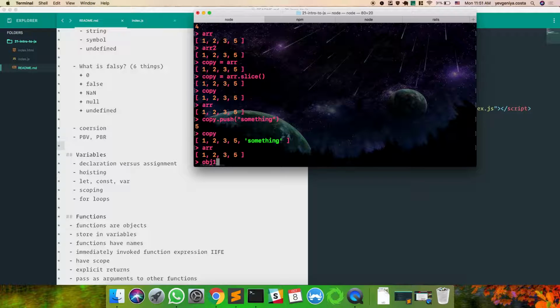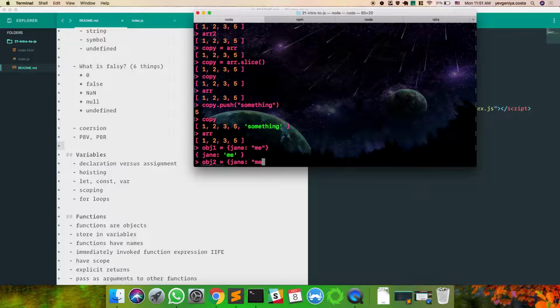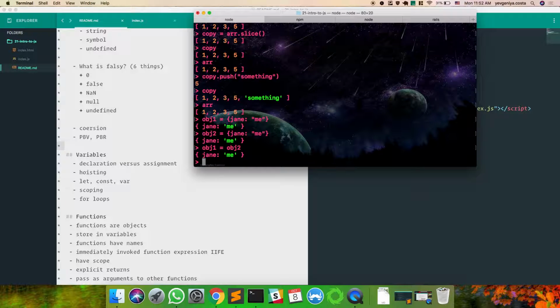So if I have obj1 equal to James, me, and then I have obj2 also equal to James, me, and then I set them equal to each other, and I try to add a new property. So how would I add a new property to object 1?